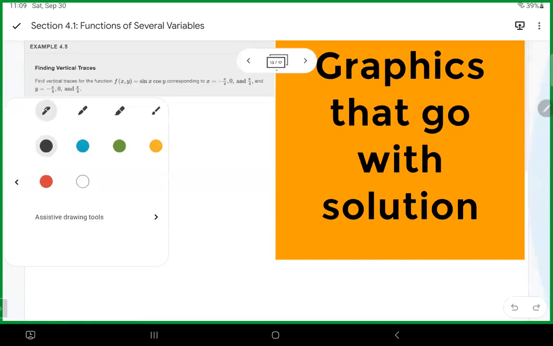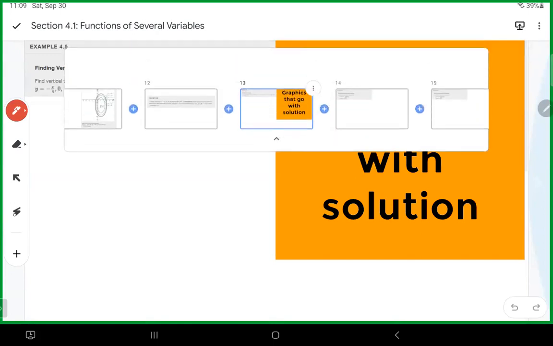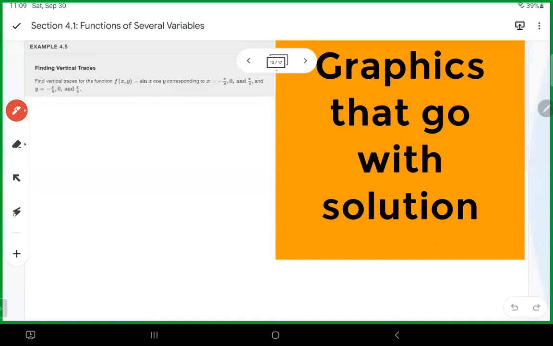We may need more than one slide for this. It doesn't look like I gave myself extra, but we still have 3 more to play with. So first thing we're going to do is set x equal to negative pi over 4. If we do that, we would have sine of negative pi over 4 cosine y,